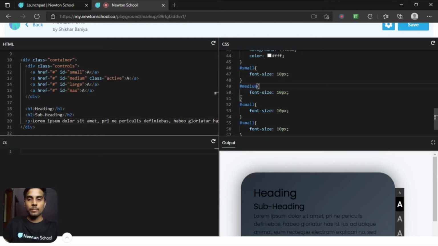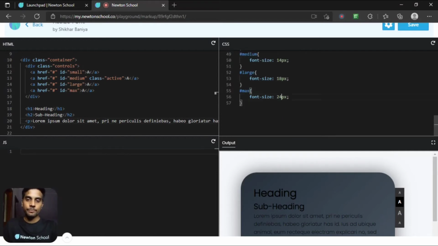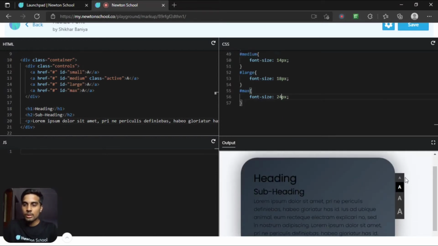This will be medium, this will be large, and this will be max. For medium, I want the font size to be 14 pixel. For large, 18 pixel. And for max, 24 pixel. As you can see, we got this increasing size of the fonts, which shows the user that this is the small and this is the larger one.